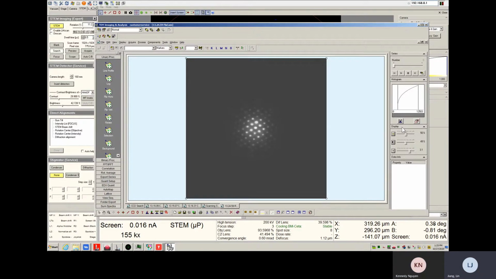It depends on what convergent angle you want to use. As you have already seen, when we change the C2 aperture, your convergent angle changes from 0.6 to something like 4.5. So there's a lot of convergent angle you can get in the microprobe mode. If you want an even larger convergent angle, you need to go to the nanoprobe mode. I will show you later how to go to the nanoprobe mode and how to get the convergent beam